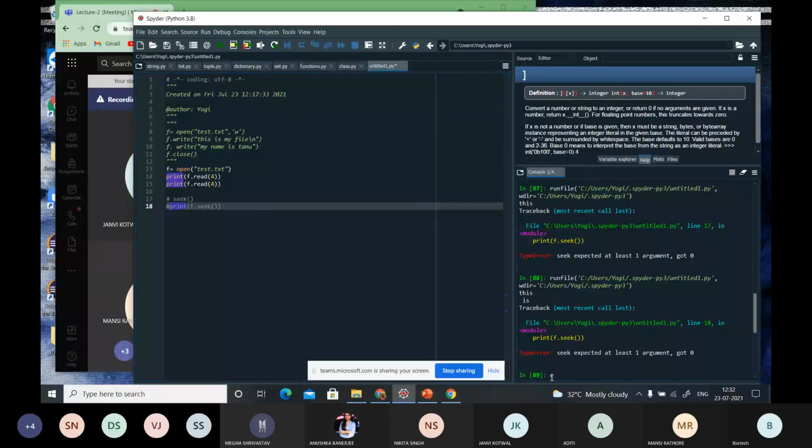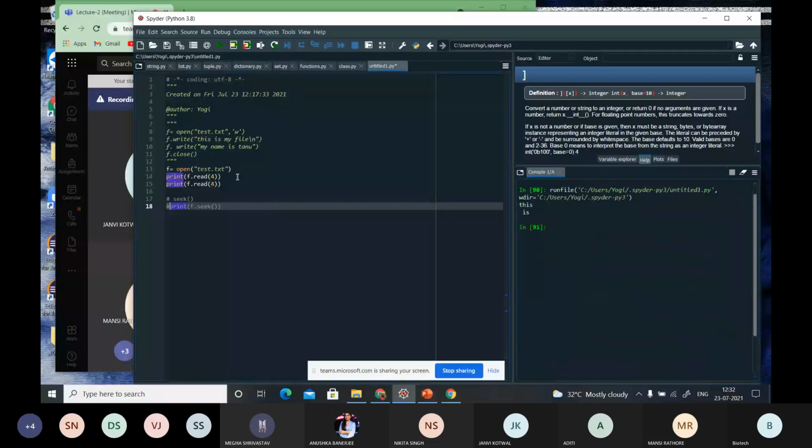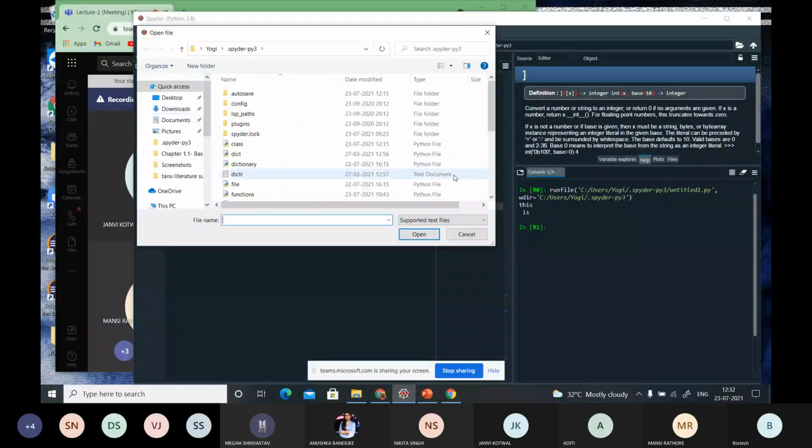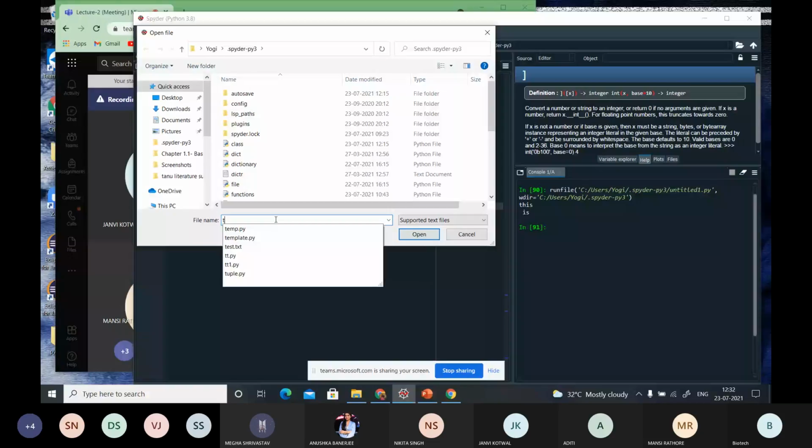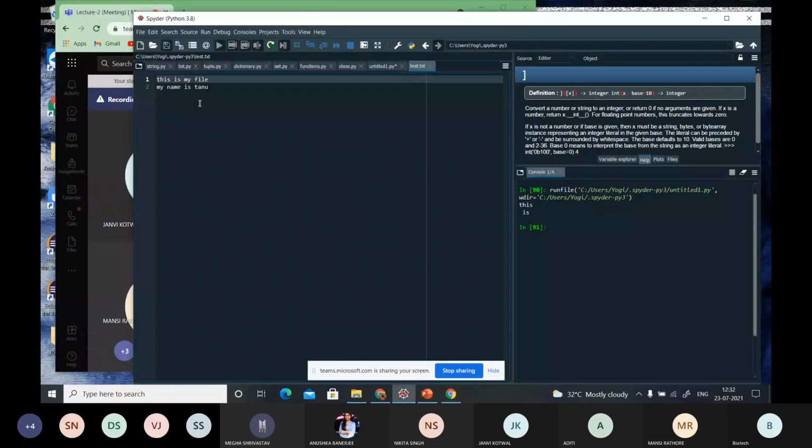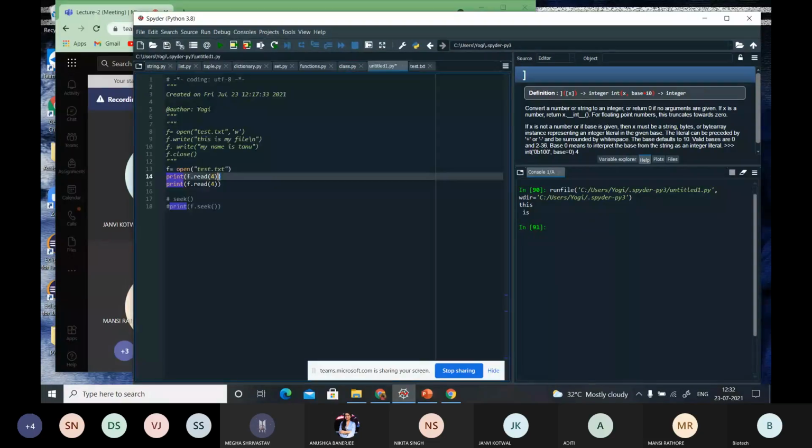See, my file contained, what was my file information? Let me open that file too to make it more clear. My file says, this is my file, my name is Tanu. So I have first mentioned the size four, so it will give me "this".